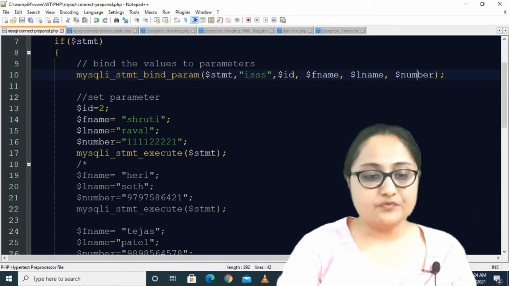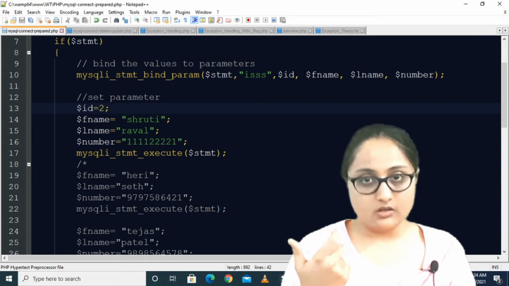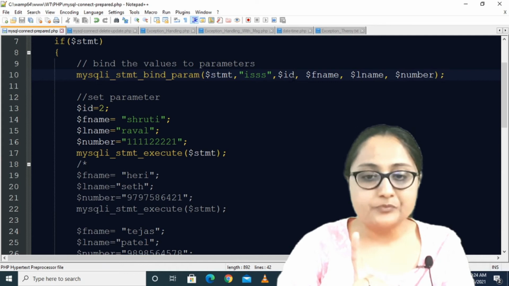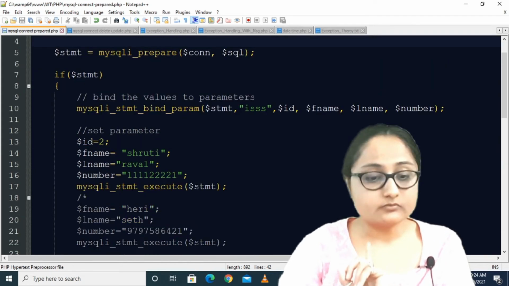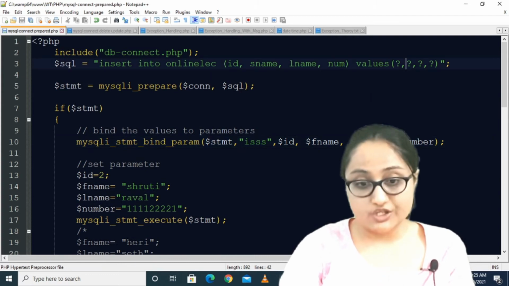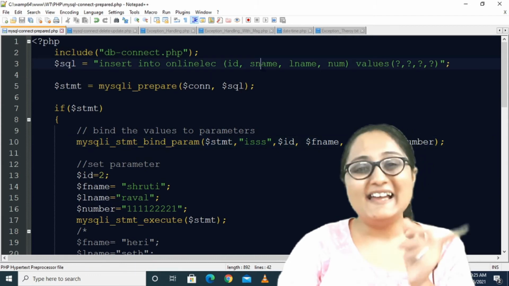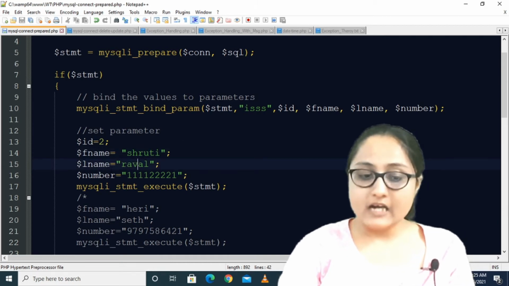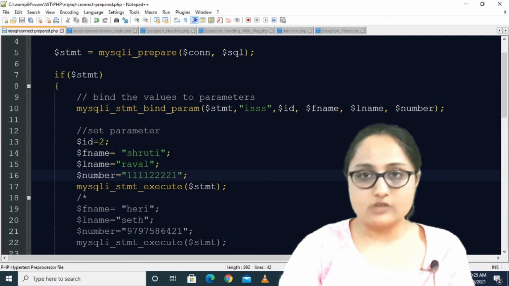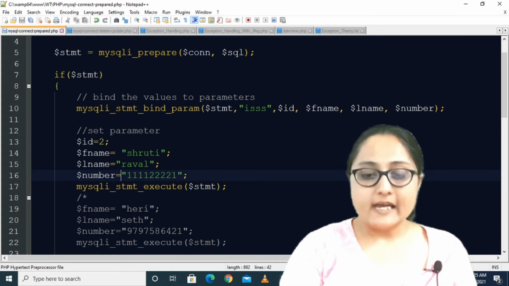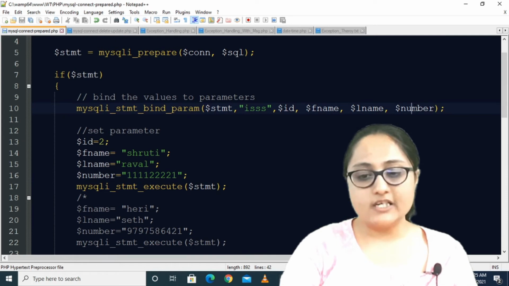We assign 2, an integer value, to $id, the first column and first question mark. Second is fname, corresponding to the second question mark and the sname column value. We specify Shruti in the second column, Raval in the third, and some number in the fourth column, the variable we bound as $number.